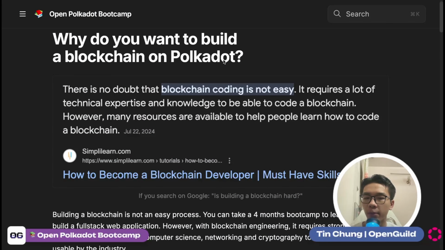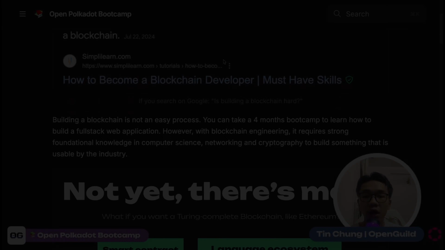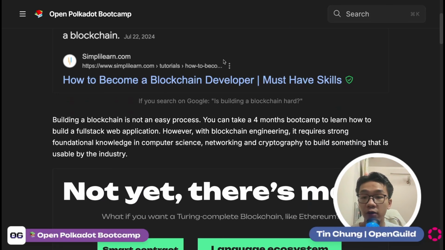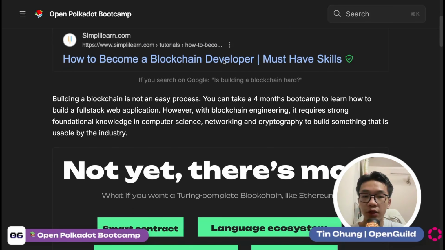There's no doubt that blockchain coding is not easy. If you search it on Google, you'll see it requires a lot of technical expertise and knowledge to be able to code a blockchain. You can take a bootcamp to learn how to build full-stack web applications. However, blockchain engineering requires strong foundational knowledge in computer science, networking, and cryptography to build something that is